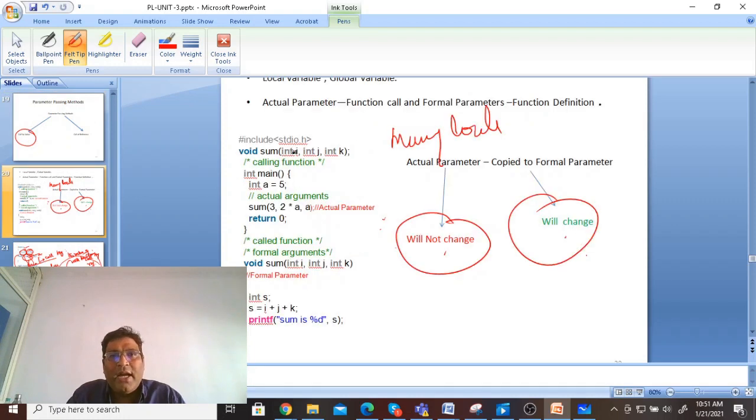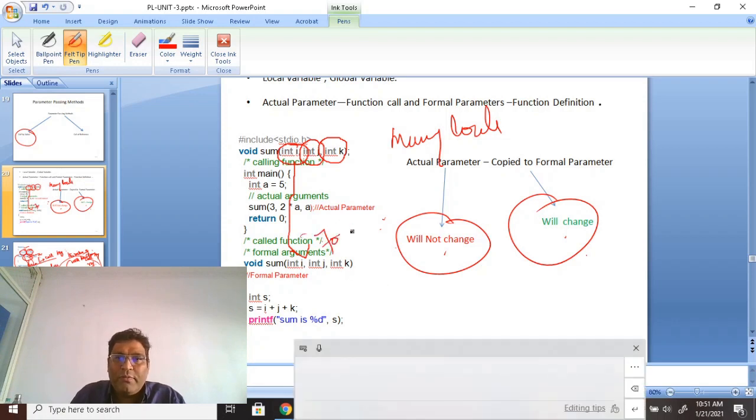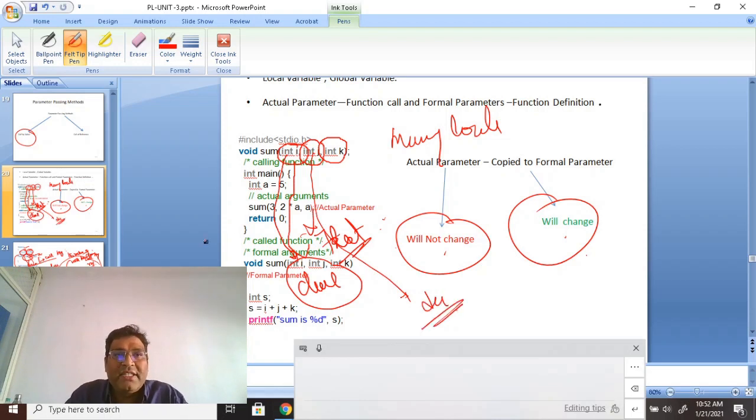Let's move on to this example. I have defined an integer here. If that value is being passed to a float, then what will happen? It gives an error. If this value is passed to a character, then a type checking error will come. If this value is passed to a decimal, then a type checking error will come up. This is what type checking is.